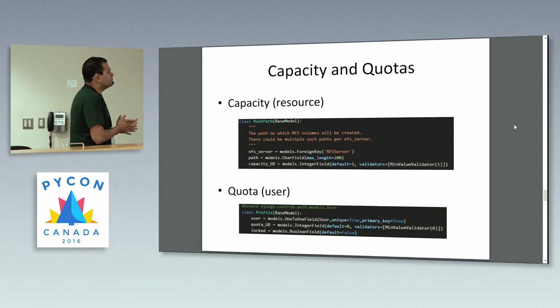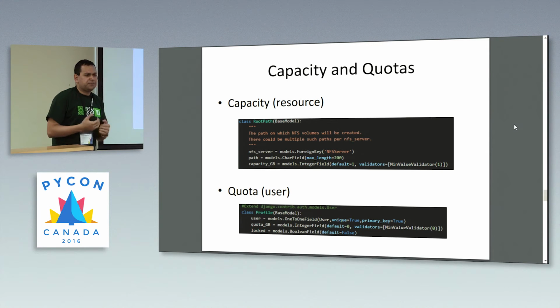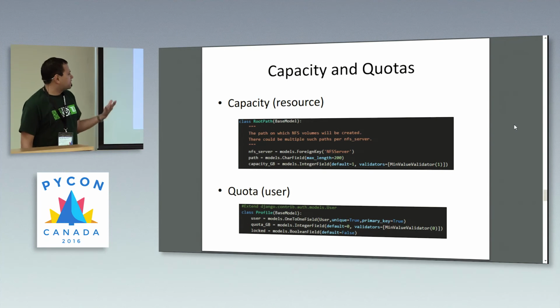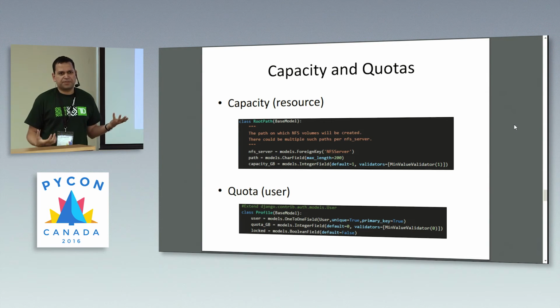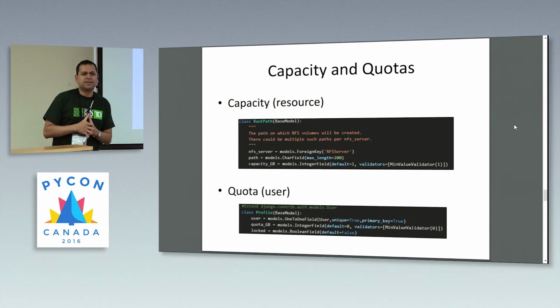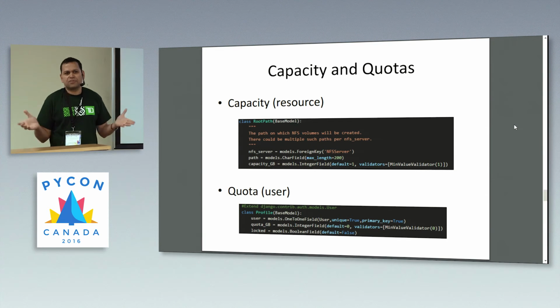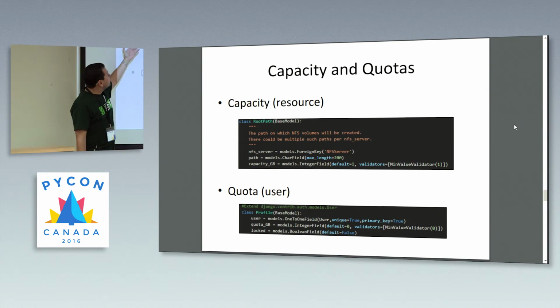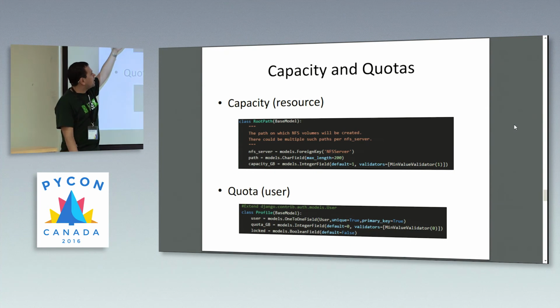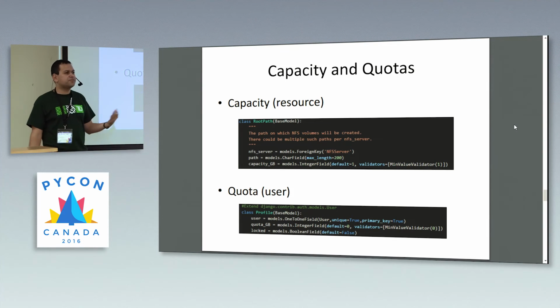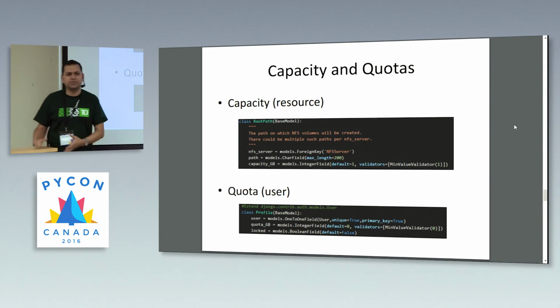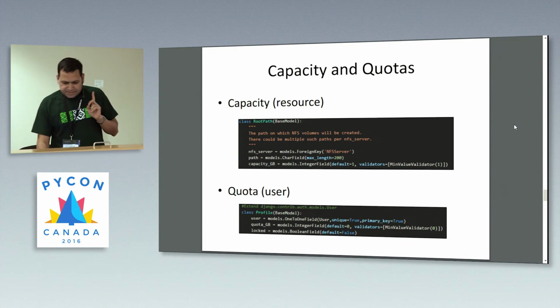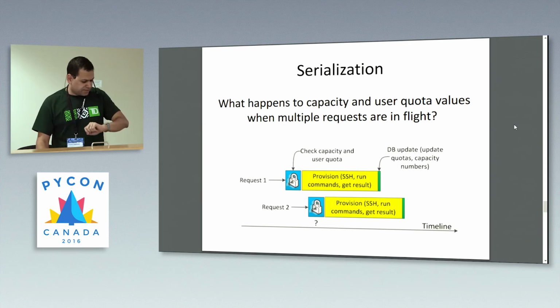All right, so there's also the question of, we want to maybe track the capacity and the quota per user, because we have a multi-tenant system and different users might be consuming different amounts. We set quotas, things like that. So how do we do that? Of course, within the resources, like within the root path, I can have a certain capacity number, or within a user, I can extend the user profile of Django and get the quota he's using. But there is a little subtlety here, which I want to talk about in this part of the talk,